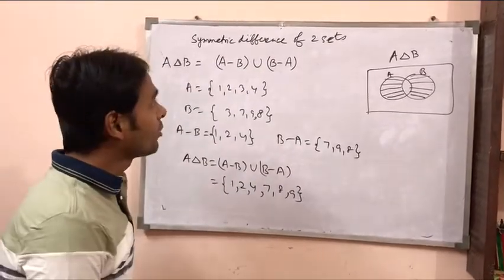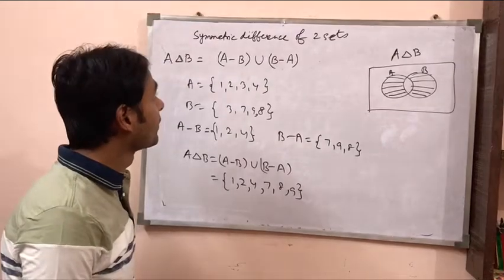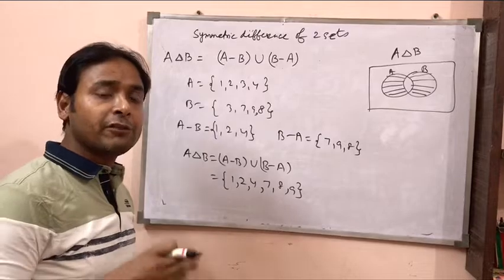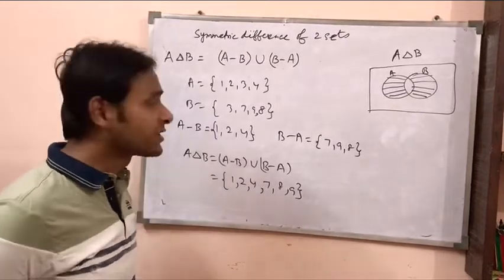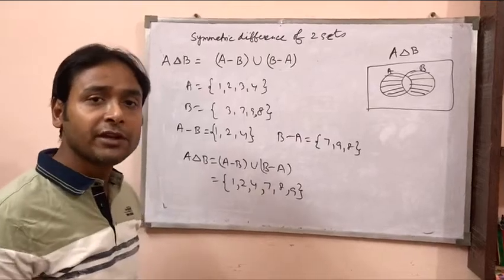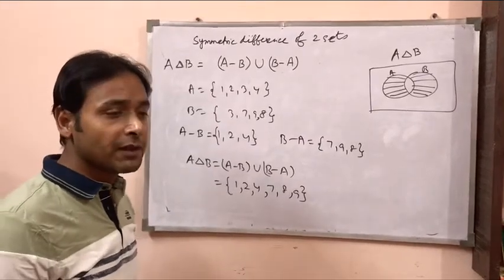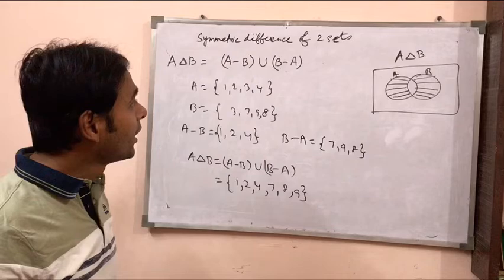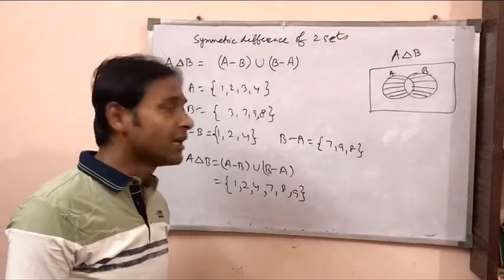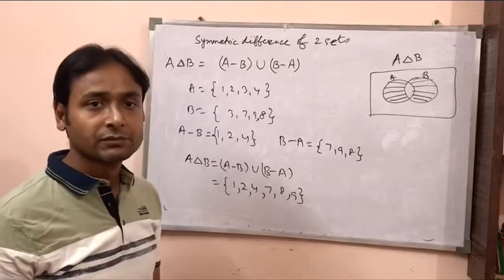So this was all about the different operations on the sets: union, intersection, difference of two sets, complement of a set, then symmetric difference of two sets. Before that we did the intervals on the subset of R. So now we will finish today. In the next class we will continue the rest of the topics. Okay, thank you.